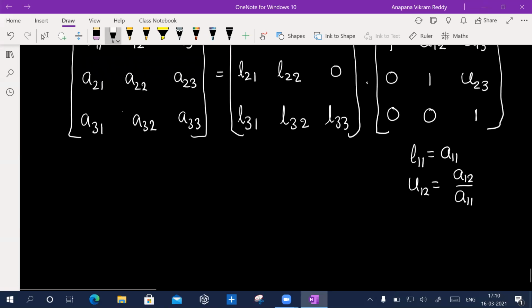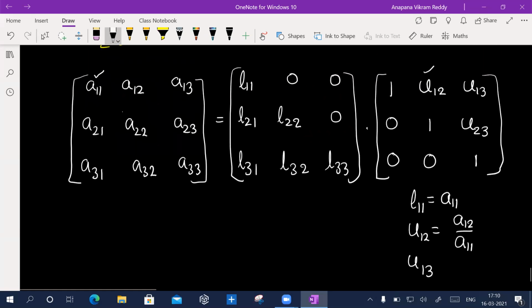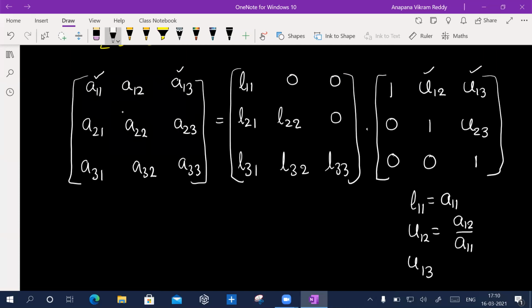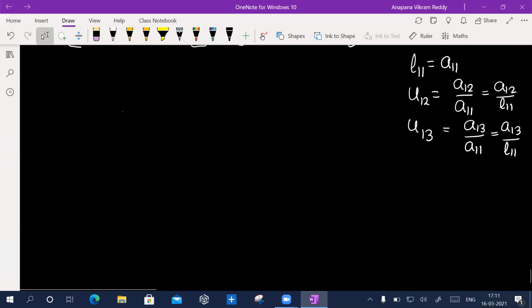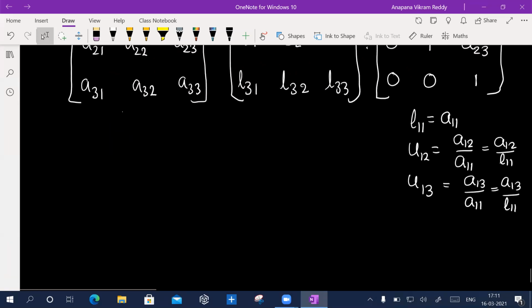And U13 is the third element of the A matrix by the first element. Otherwise, I can write it like this: A13 by L11. That's it. So we are done up to this.